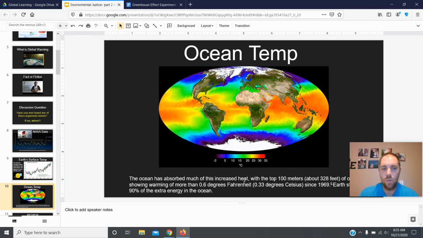Well, listen, where do hurricanes get their energy from? From the ocean, right? When hurricanes form down here in this nice, really warm ocean, that's where they build their energy. If the water were really, really cold, like even frozen, we wouldn't have hurricanes because they wouldn't get their energy from anywhere. So if the water temperature goes up, the size and the strength of the hurricanes will also go up. That's why it's very significant.